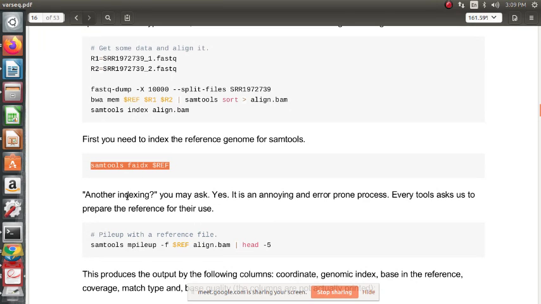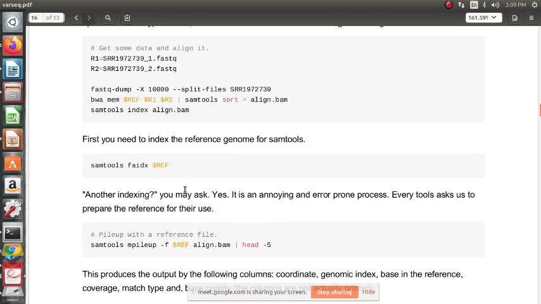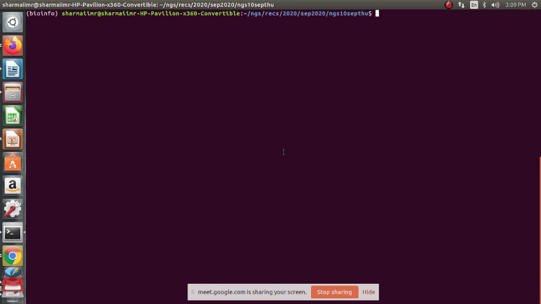Another indexing you may ask about is an annoying and error-prone process. Every tool asks us to prepare the reference for its own use. Okay, so samtools faidx $ref. So we do this. This is a crucial step required for pileup.